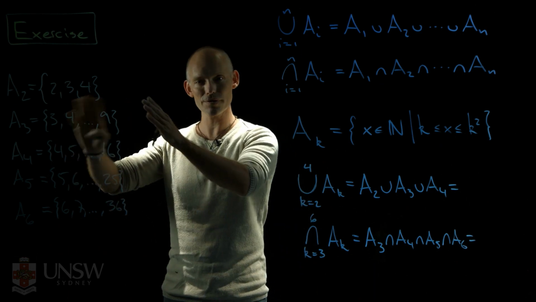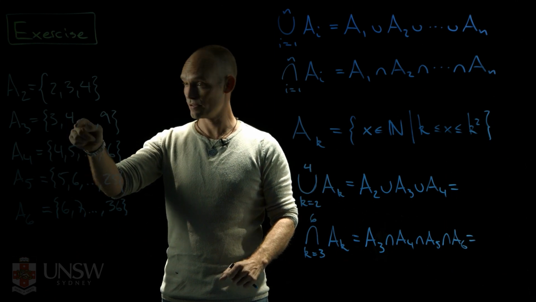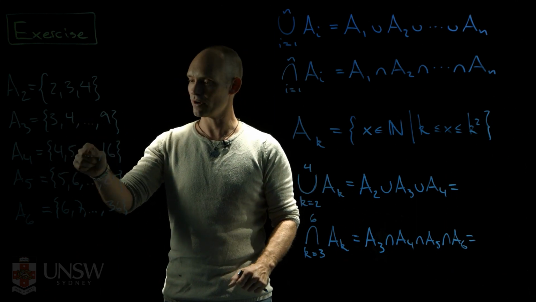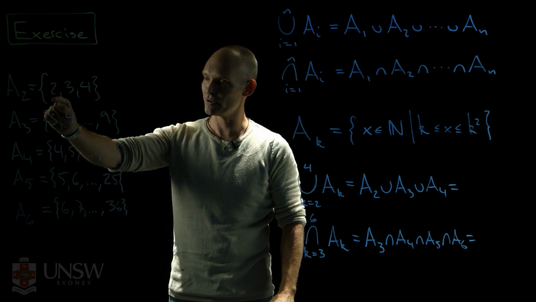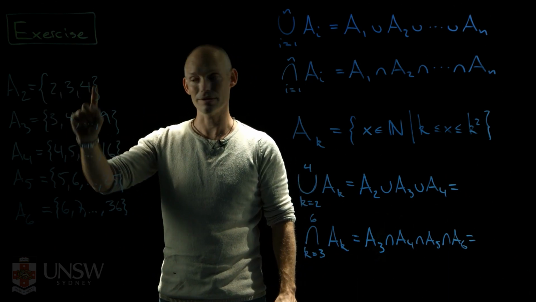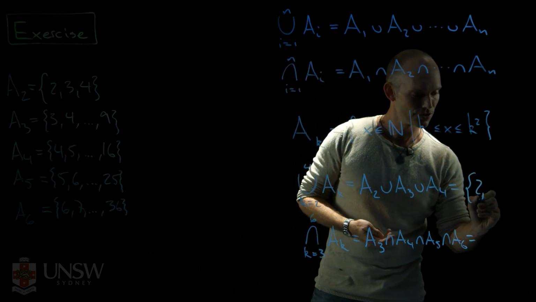So basically all of the numbers that we see there, 2, 3, 4, 3, 4 up to 9, 4, 5 up to 16. So they all overlap. So it's all the numbers from 2, 3, and all the way up to 16. So 2, 3,